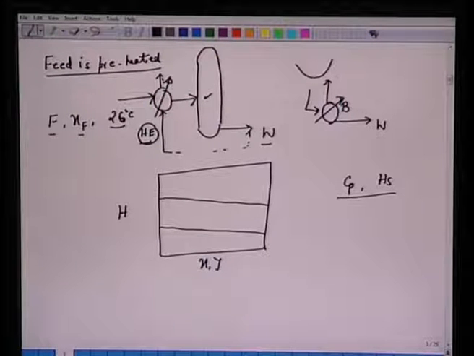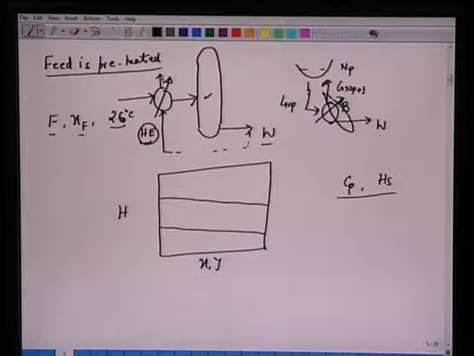So we had the last plate NP, so this would be LNP. This is the bottom product from the bottom plate. It comes to this boiler. Part of this is vaporized as GNP plus 1. Now, more important to note here is that these two streams, the residue W and the vapor which goes back to the distillation column, are saturated.